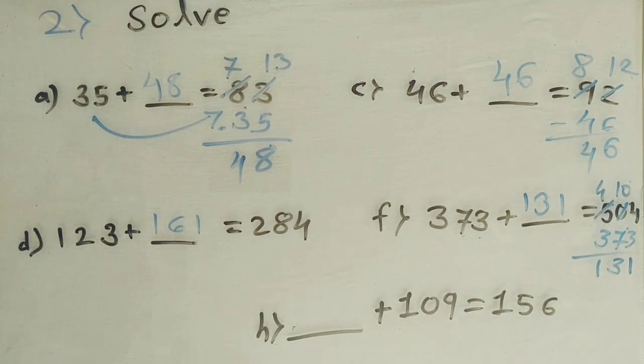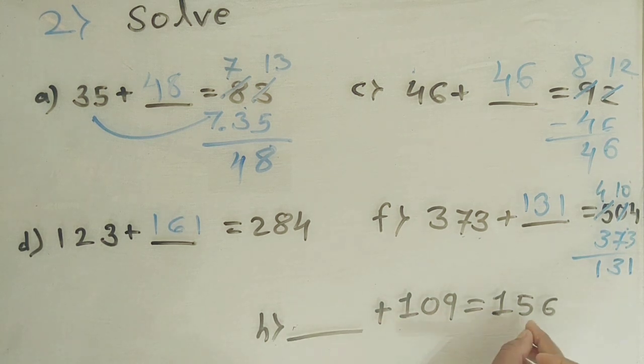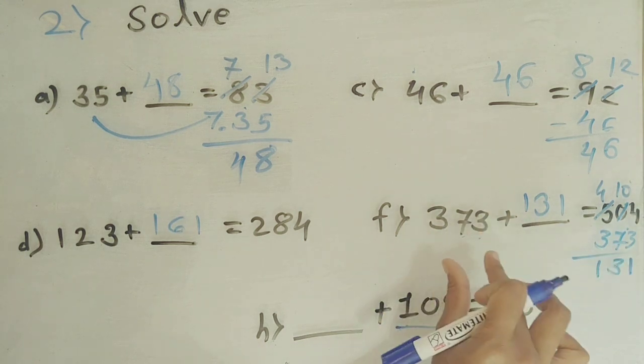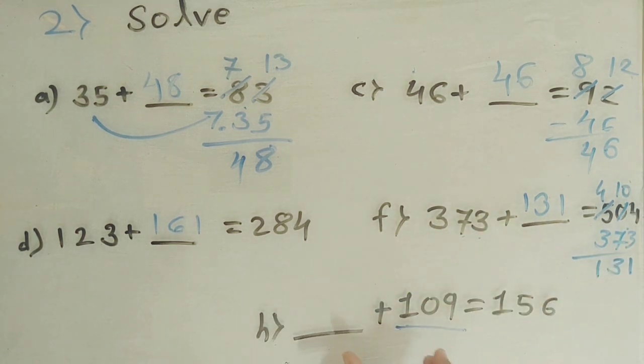Cross check it. Is it correct or not? You will cross check it and you will tell me. Okay. Now I am not going to cross check it because it is taking time. Now see this one. Problem number H. Now what should we add in 109? So we are getting the sum 156. See here, this problem seems different, but it's nothing but just like this only. These places are changed, and we know that we can change the place of addends. There is no difference whether this digit is present here or here, that same technique we are using here.